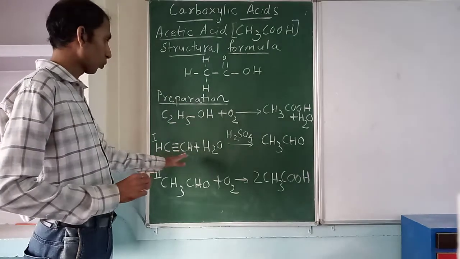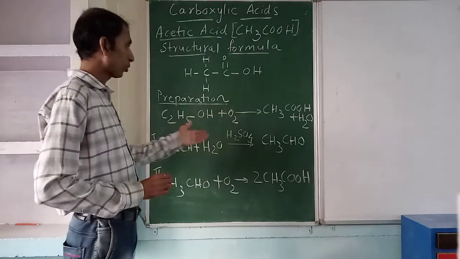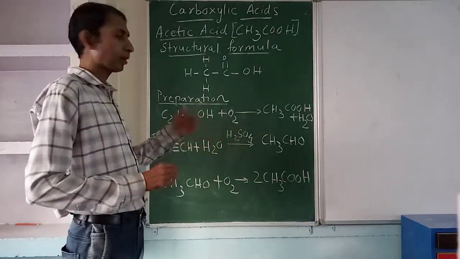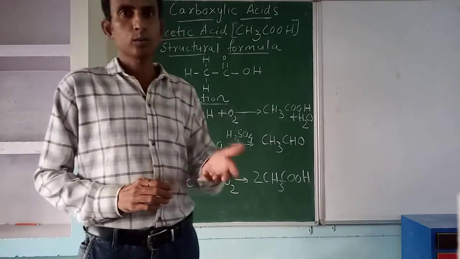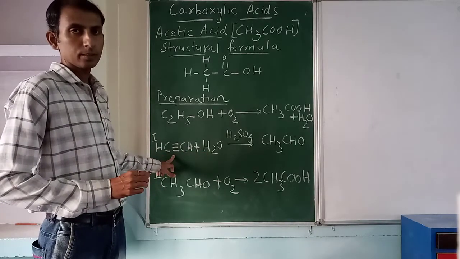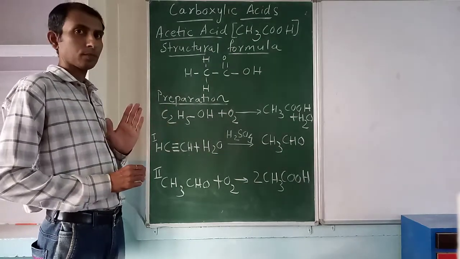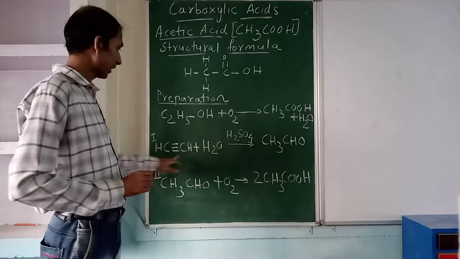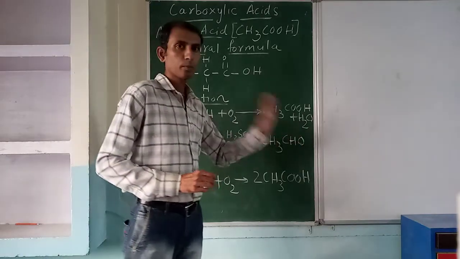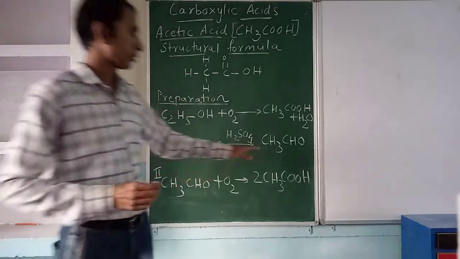We have written C2H2 as HC triple bond CH, which you know. So the first step is hydrolysis in an acidic medium, dilute sulphuric acid. In an acidic medium, dilute sulphuric acid, water is more, so water is going to react. Water will react with acetylene and a complete water molecule is added here. Two hydrogens will get added here, you get CH3, and one oxygen gets added here, you get CHO. And the triple bond gets converted to a single bond in this molecule.